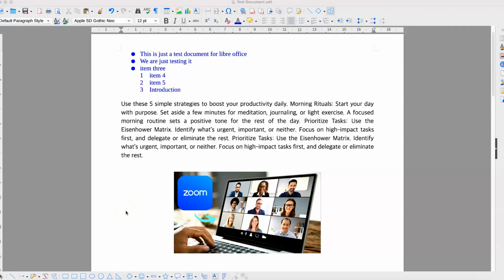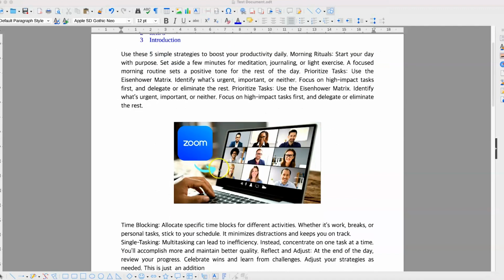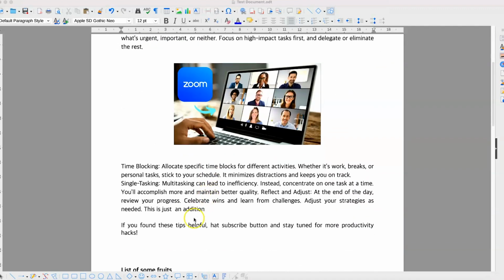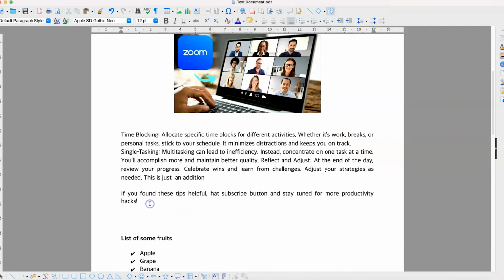Alright, so in this class we are going to learn how to insert and manage tables within LibreOffice. Now, to insert tables, all you need is to define the exact location where you want to insert your table. So assuming I want to insert my table here, I can come over here, hit enter, and I can